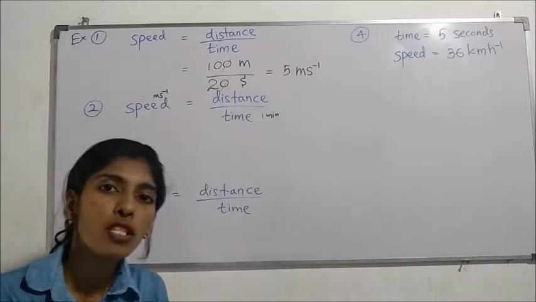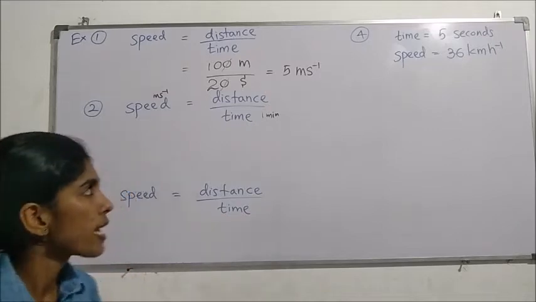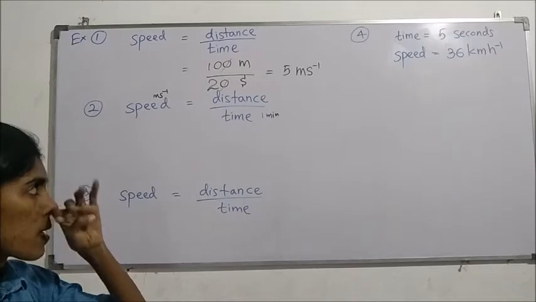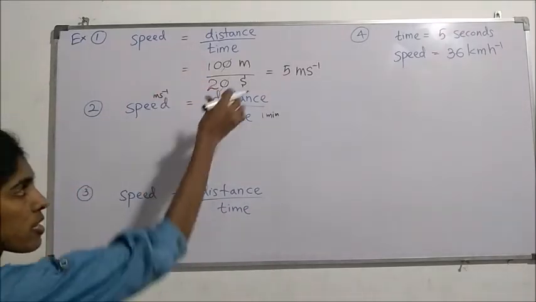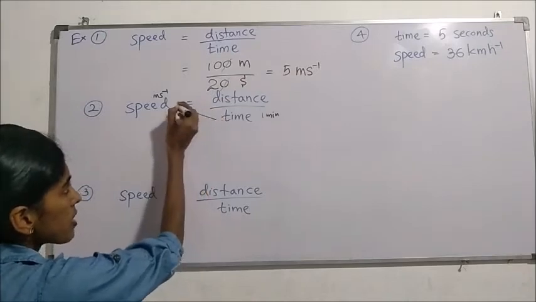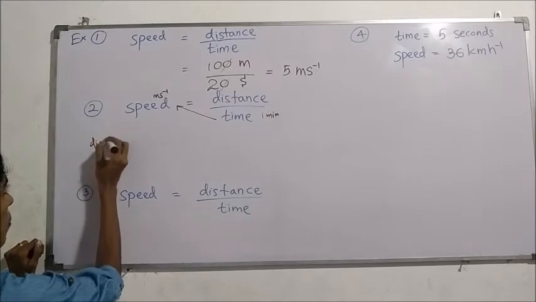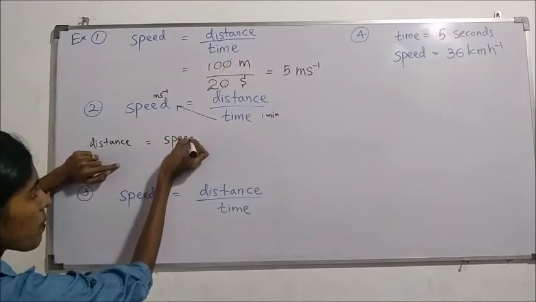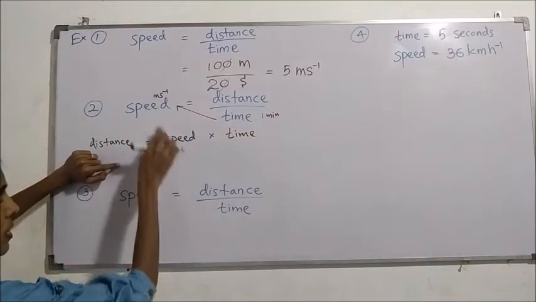To convert 1 minute into seconds, you need to multiply by 60. And the other thing is, here we need not find the speed, we know the speed and the time also. We need to find the distance only. So make distance alone on one side, send time to the other side. So we can prepare our new formula with the help of the original one. What is that? Speed multiplied by time.